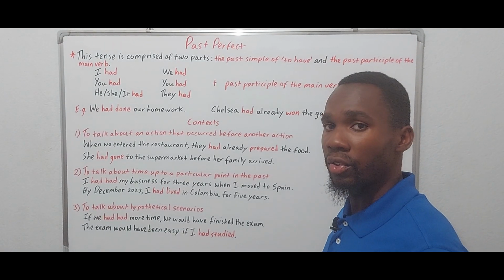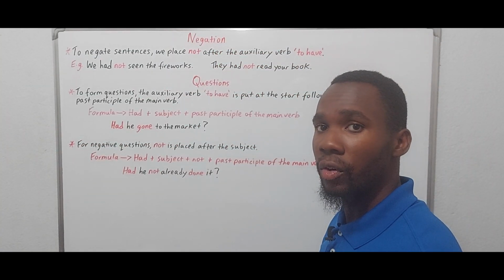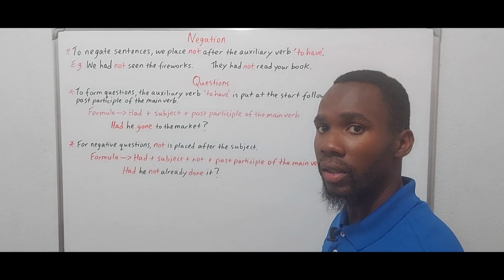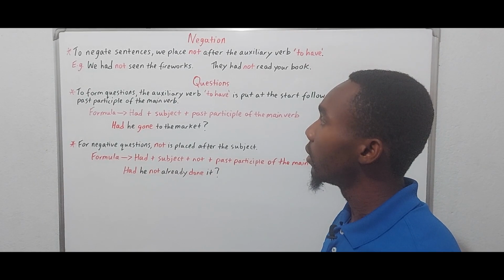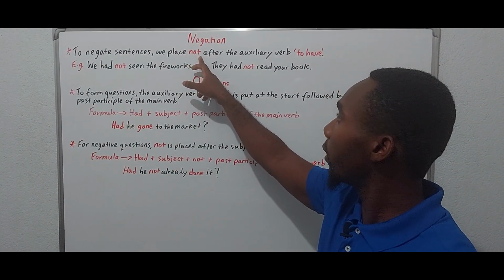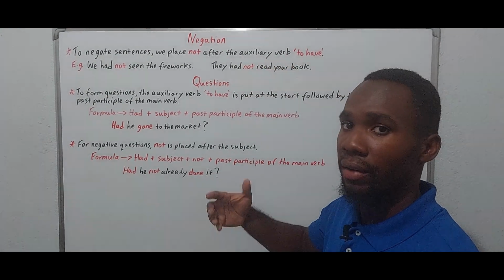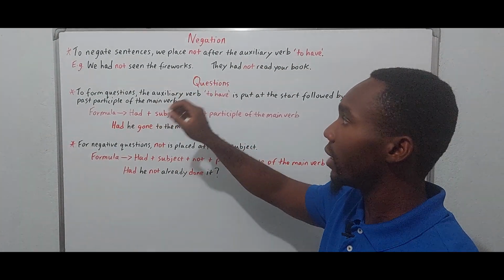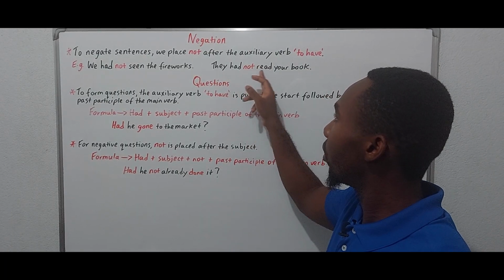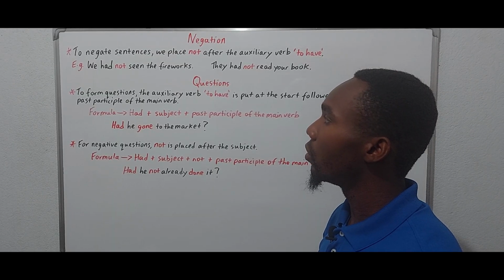Now we are going to proceed to negation. Okay, so we move on to negation. How do we negate sentences in the past perfect? So we only need to add the word not, right? And we place it after the auxiliary verb, which should be to have, okay? So we had not seen the fireworks. They had not read your book. So the not